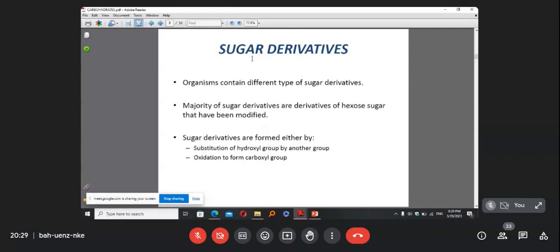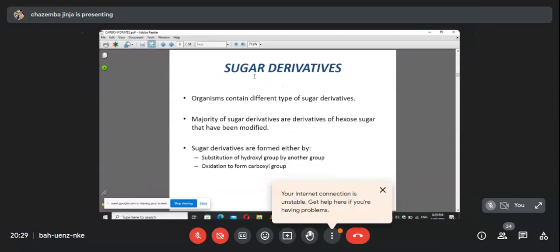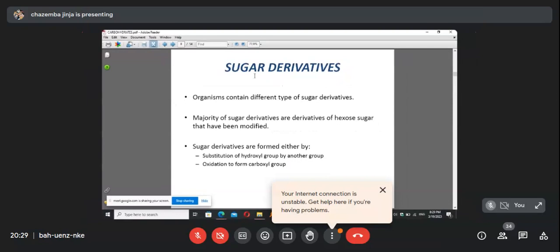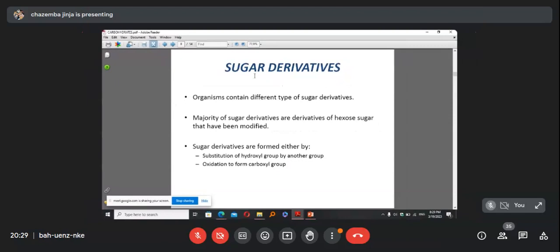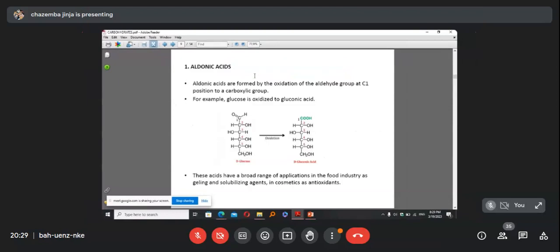Of sugars, which are equally important. So the majority of derivatives can be modified. So glucose is a hexose, and the majority of them can be modified to make derivatives. With the first one, the first aldonic acid is formed. Now, when you look at this carbon here, D-glucose, for example, it has carbon 1, 2, 3, 4, 5, 6. Now, if there's oxidation of this aldehyde group, as you can see here,